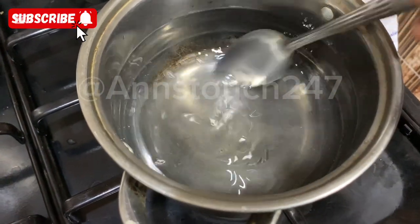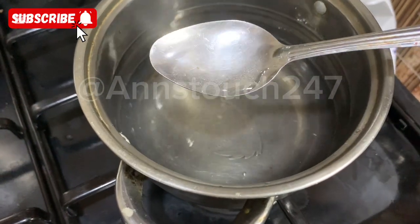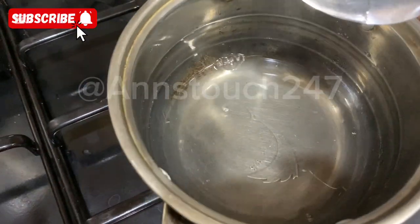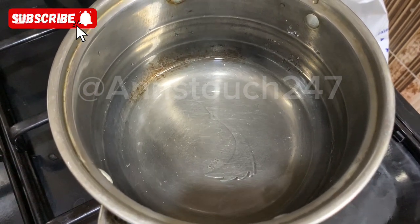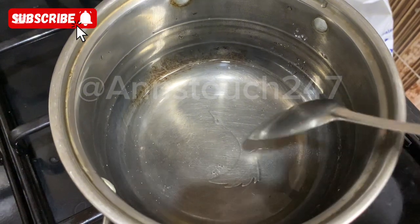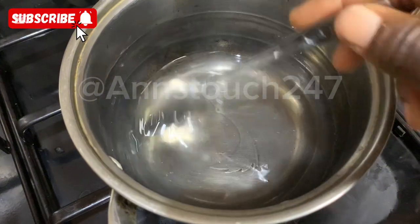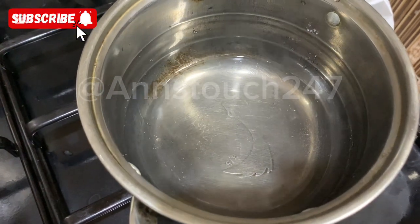Once you notice that there are bubbles and the water has started boiling, there is no need keeping this on heat for a longer period of time, okay? So this is it. You can see at this point the grains are beginning to melt down completely, and then you can see that the grains are no longer visible. At this point you are almost halfway to getting done, and then the next thing that you start seeing is the boiling bubbles. You can see that the grains are no longer down there, they have melted away completely, okay? Like I said, this is just one way to sweeten your yogurt, and the second way is